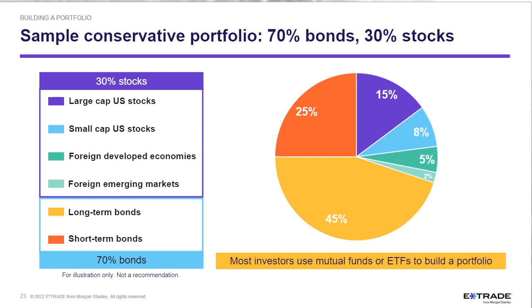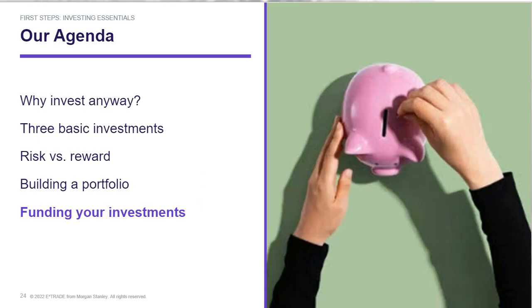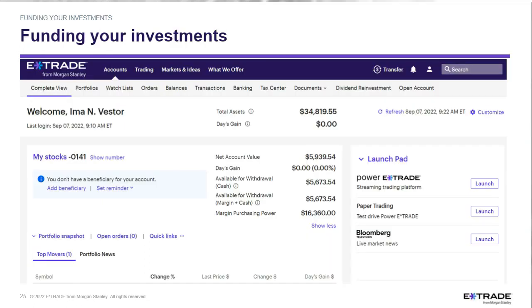But at this point, the next thing that I want you to be sure of is how to fund those investments, because one of the things that we know is that new investors often open an account, are not quite sure what to do, don't fund the account, but then at some point later on decide, okay, I'm going to invest now, and then they have to go through the process of getting that account funded initially, because the initial funding takes a couple of days. So let's show how to do that. And then I want to talk about something that you might have heard of called dollar cost averaging.